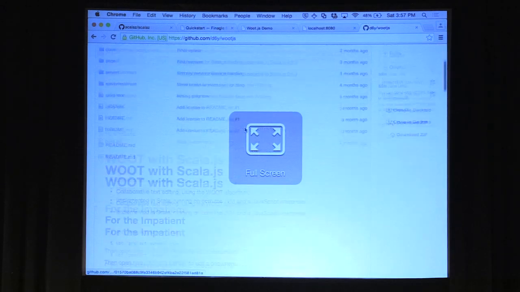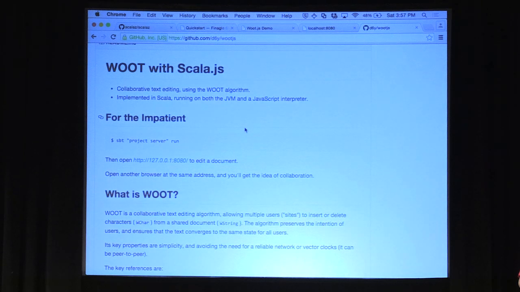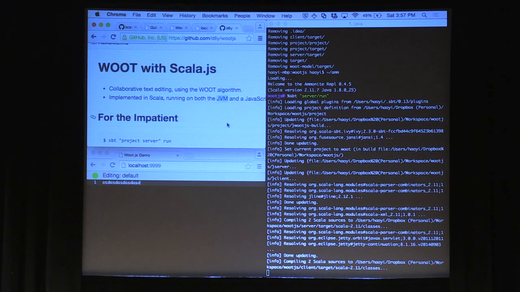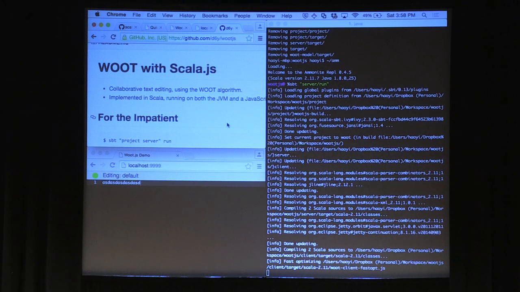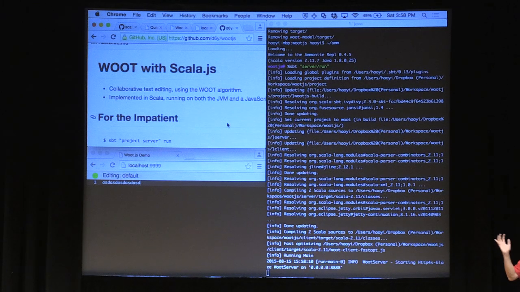So what it does is it lets you have collaborative text editing in the browser that's implemented using this Wood algorithm, which is nothing new. It's well known, published a few years ago. And what's interesting is that it's the same algorithm implemented in both Scala.js as well as Scala JVM, so the code is shared. So this was done as a proof of concept for Scala.js. It's clearly not production ready, but if SBT does my bidding, it should give me a chance to show off how the Ammonite-REPL will work with Scala.js. Not with Scala.js, with a real Scala project, which in this case includes Scala.js.